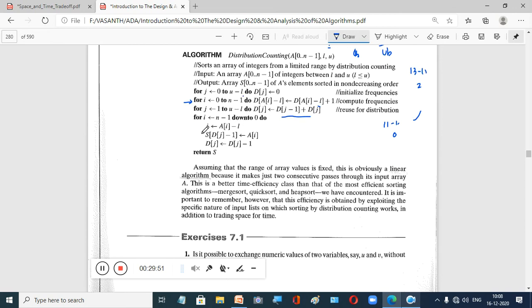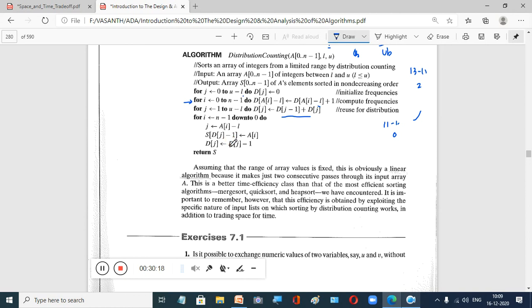So we get the index, go to the distribution table, subtract 1, and get the index. Now the array element you put into the final array at that particular index. Clear? So this is how we do another way of sorting, which is called distribution